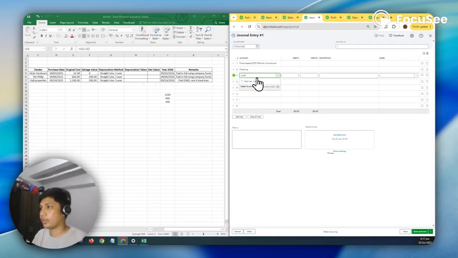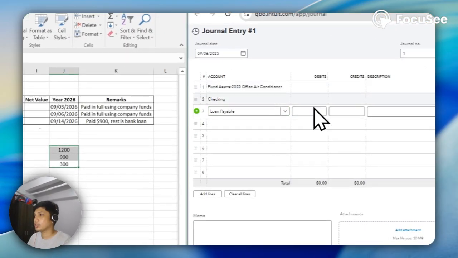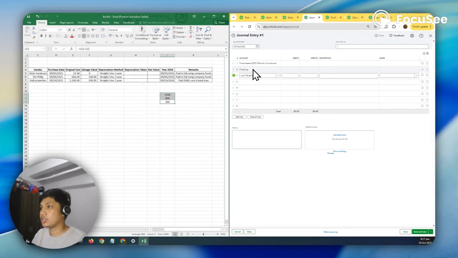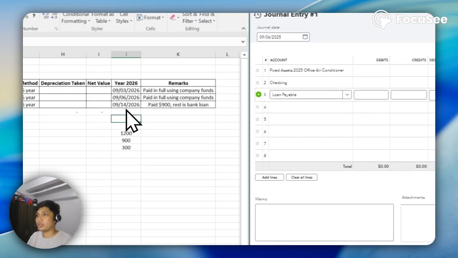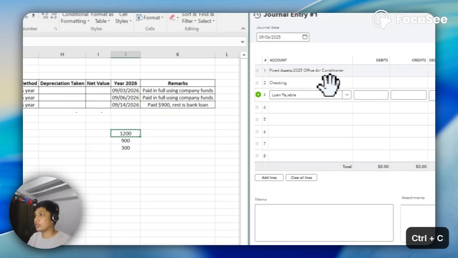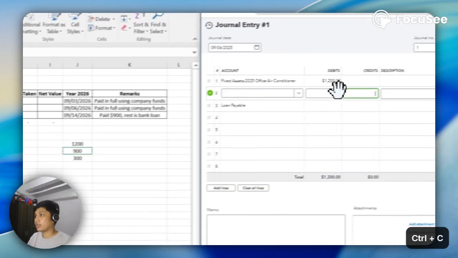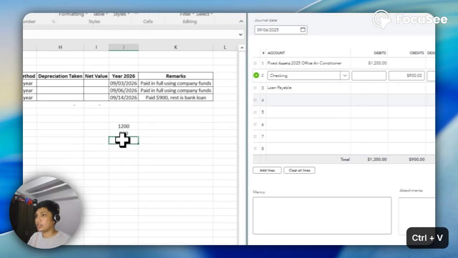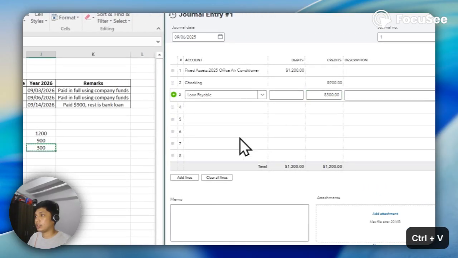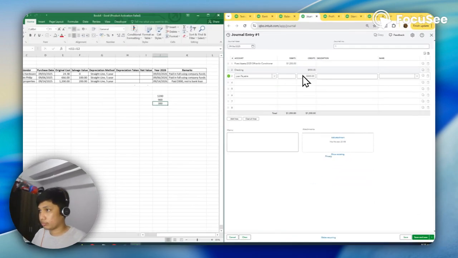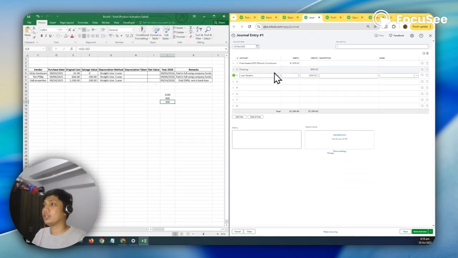It's loan payable. So the checking account is an asset and loan payable is a liability account. Then fixed assets is an asset account. 1,200 is the price of the asset, and then 900 is a credit and 300 is a credit. Why credit for checking? Because we deduct 900.